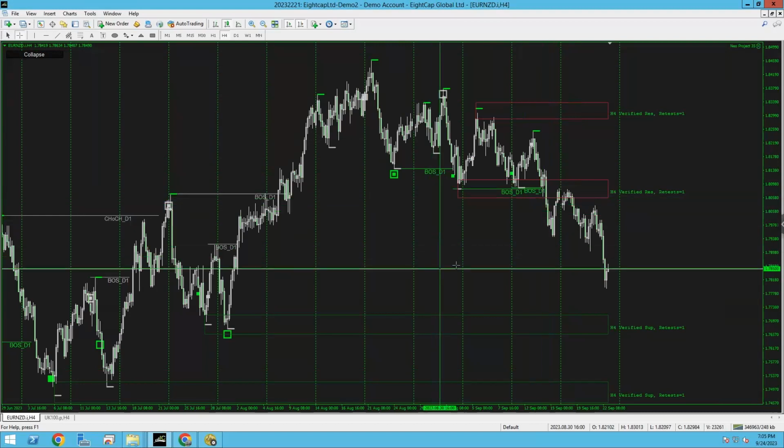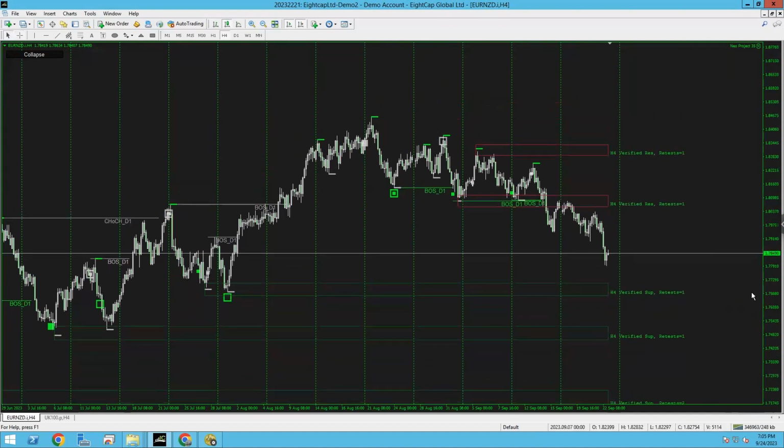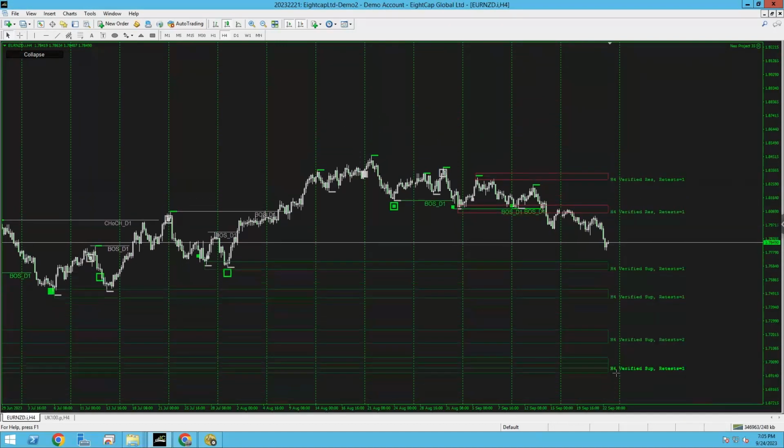So what merge zones is doing is, when there's multiple support levels in one area, what the merge zone will do, you can't see it on this pair though. Here you go, here's an idea. You see, instead of it just showing all three of these, it would just show one big area. This is what Neo basically can do for you. So when you switch off merge zones, then you get to see multiple ones, but it becomes confusing because they're overlapping. So that's why merge is obviously there. Merge will basically bring the zone into one big zone.